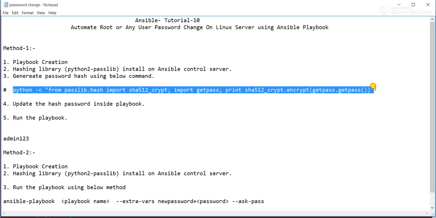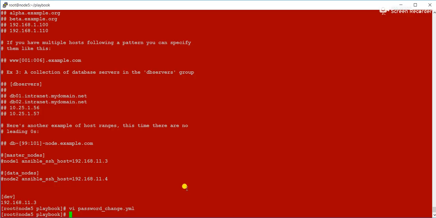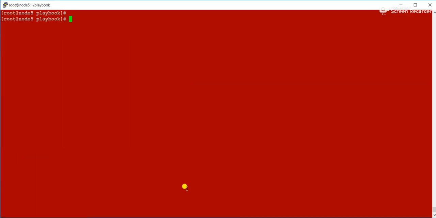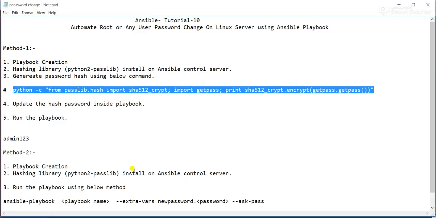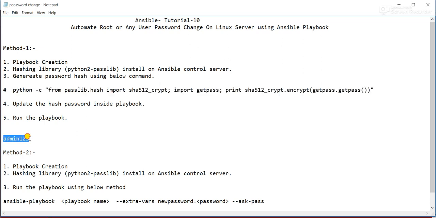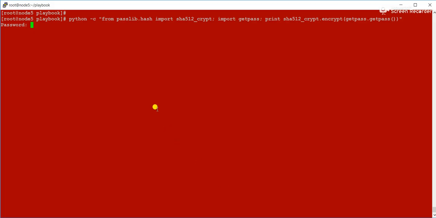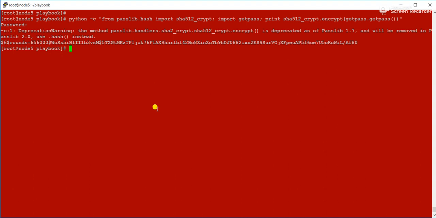Now I will copy this command and paste it, and it will ask for the password. I will give the password admin123. Accordingly it will create an encrypted password for me. It is just a hashing mechanism. Now I got my encrypted password.